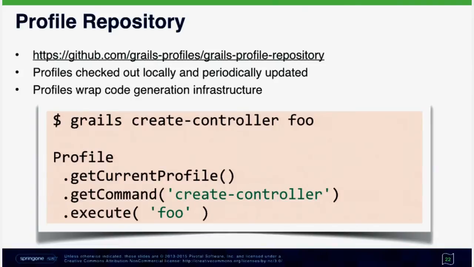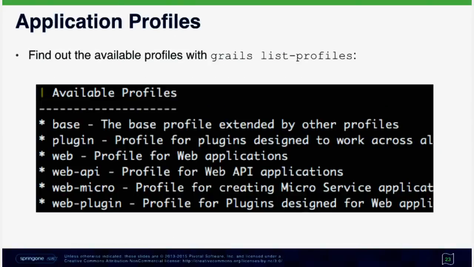So that's where the web API profile is defined in the web profile. And in the future, when we have extensible profile repositories, there'll be the ability to define multiple potential repositories. That's what we refer to as a profile repository. Like I said at the beginning, when you do grails list-profiles, you can see the available profiles